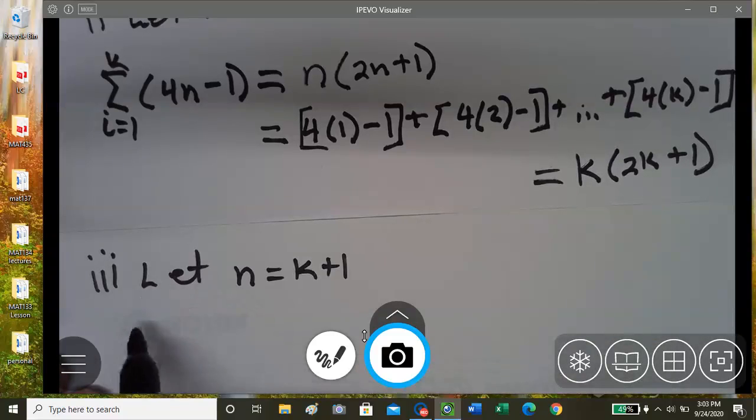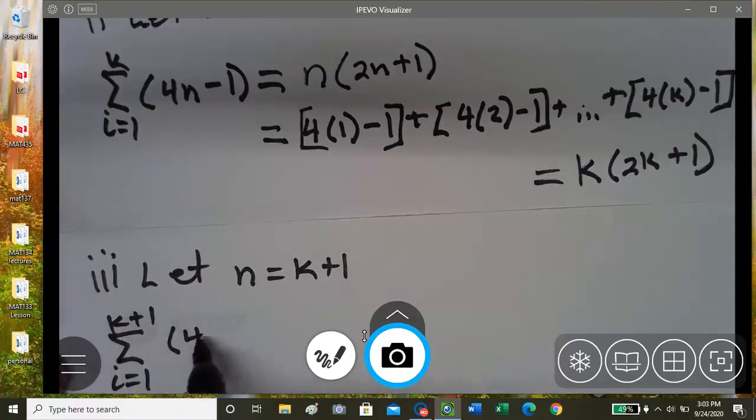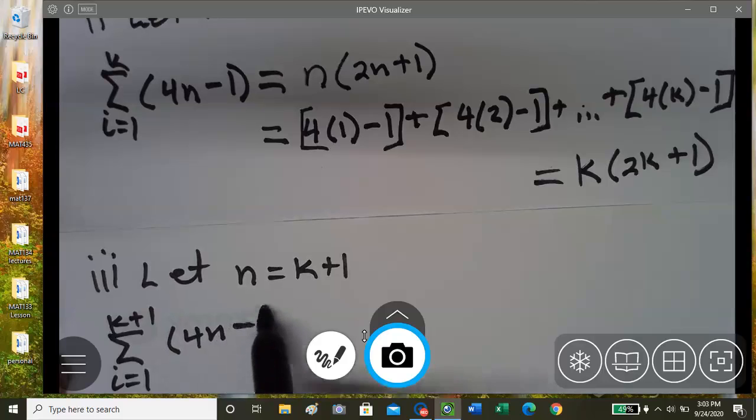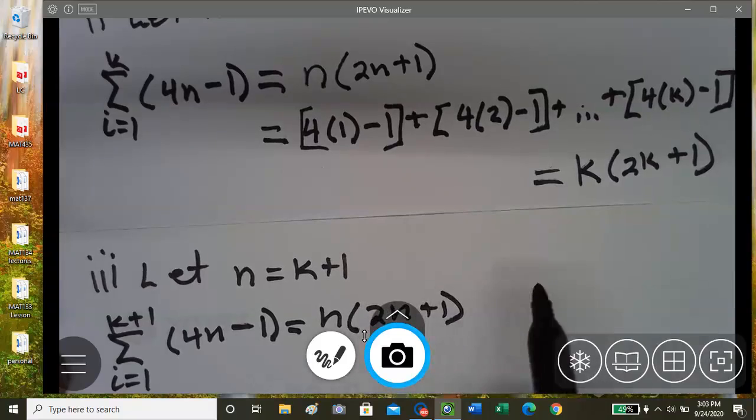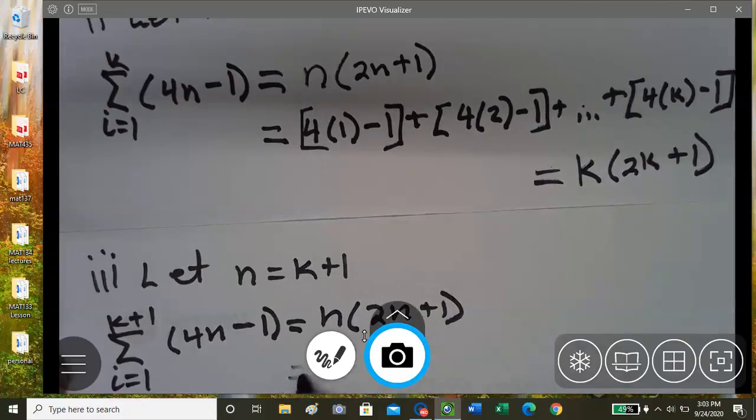Okay, so this will be the summation i equals 1 to k plus 1 of 4n minus 1 equal to n times 2n plus 1. So that's going to equal